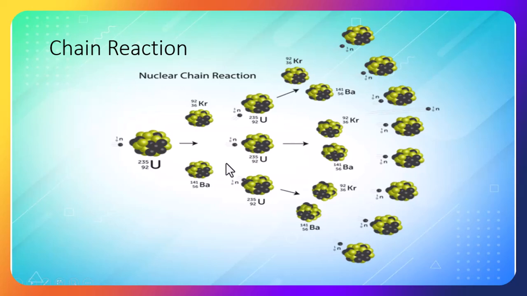Again you will have 3 neutrons. These 3 neutrons will again go and hit 3 uranium 235 atoms. Again these 3 will become 6 and it will keep multiplying, and thereby you cannot have control. So you should have an arrangement for absorption of neutrons. If 1 neutron hits a uranium 235, you will get 3 neutrons. You have to absorb 2 neutrons from it, and you are supposed to allow only 1 neutron to continue